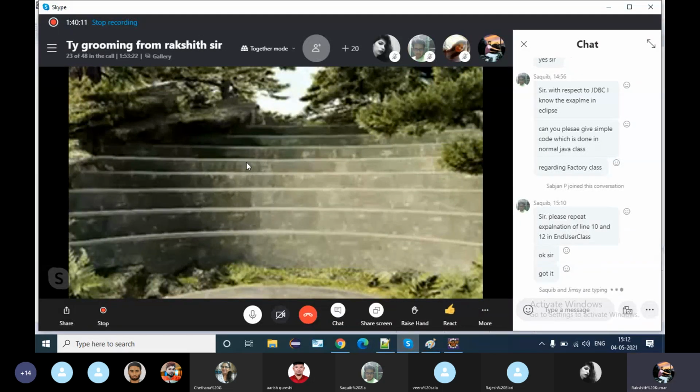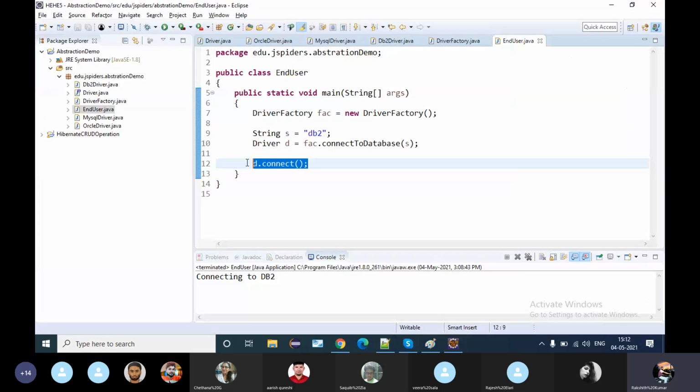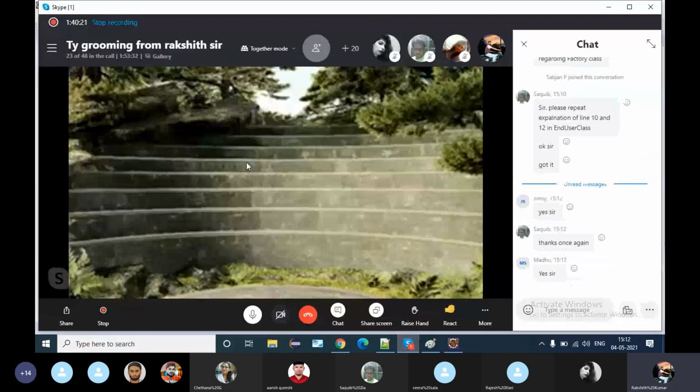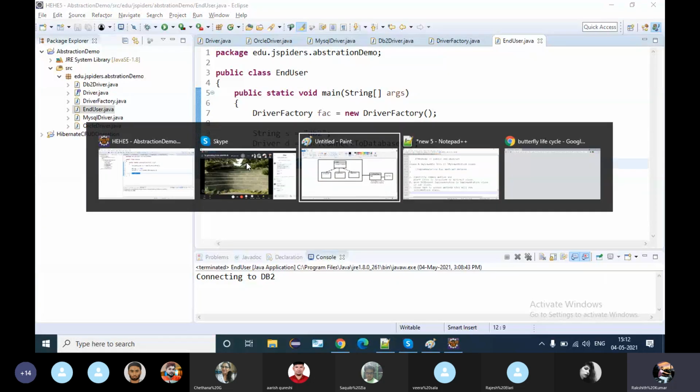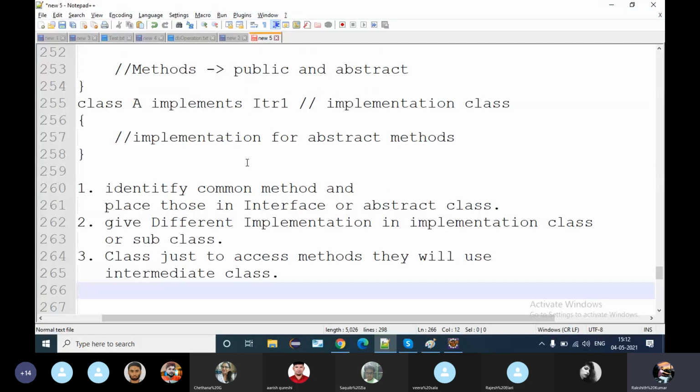Yeah. So this is what an abstraction is. This is what you need to know about abstractions. And the last thing we have here is encapsulation. So what does encapsulation say? Encapsulation is nothing but